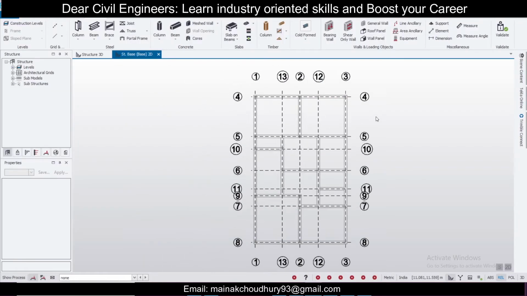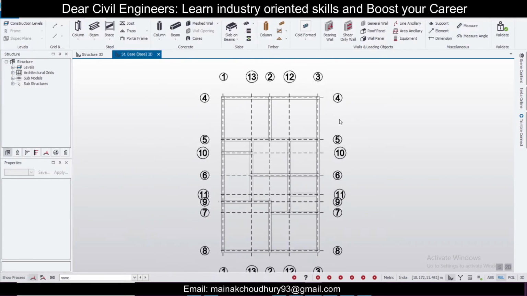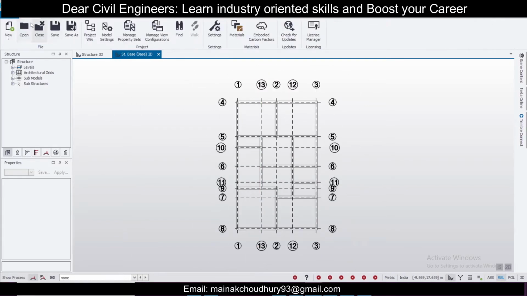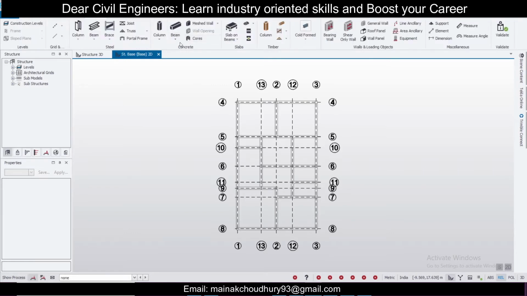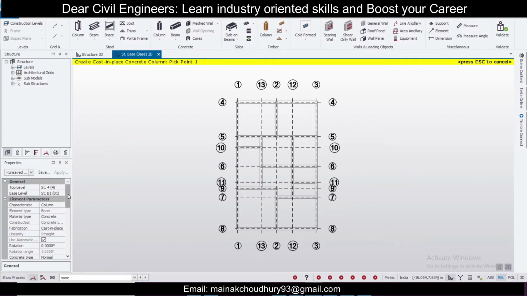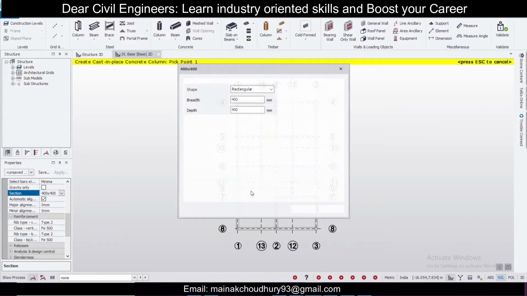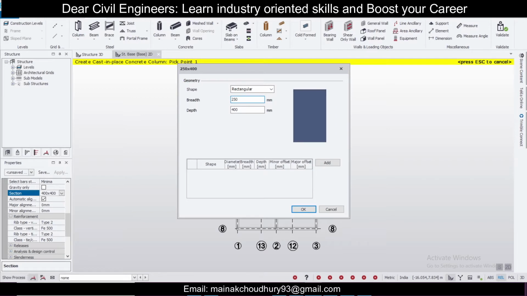So this is the center line diagram which has been imported in the previous lecture. So we'll continue from here. First of all, you need to insert the columns, and we'll go to our model option and choose the option of columns. Under the column option, as you can see, these are steel columns, these are the concrete columns. So we'll select the concrete column, change the grade of steel to 500, and after that we're going to change the size here to 250 into 250,